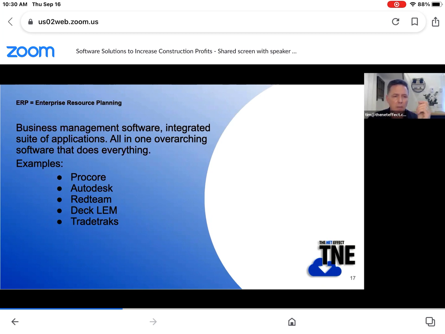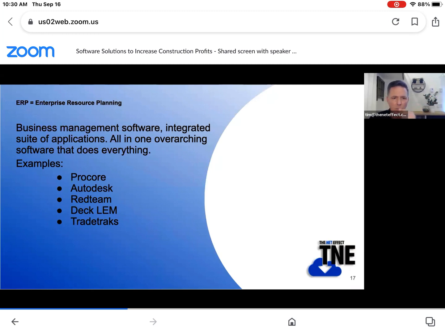So you get products like Procore or Red Team. Those are the ones that are more operationally focused. ERP and project management software can be confused because ERP is really overarching, gives you the high end view, and it can manage projects at a surface level at times. But really, a PM will tell you that sometimes it has really good functionality and overview of what's happening with your business. But it all depends on the size, the structure, and the makeup of the type of construction you